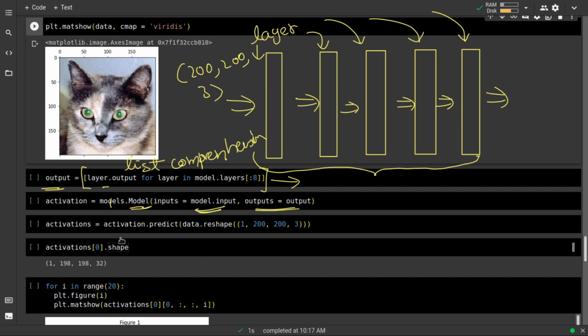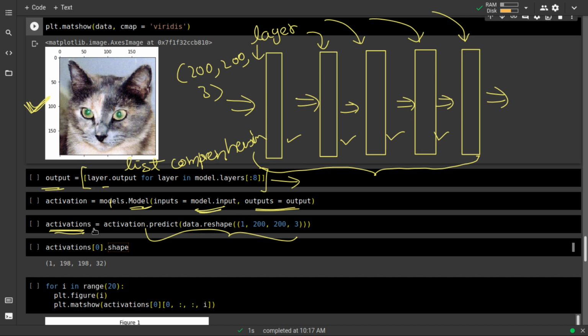And then what we are going to do is find out the activations by predicting the output of this image. All right, so we are gonna put this image in the predict method of activation. So activation is what? The activation is a model object, and it is gonna predict the activations generated on each layer. All right, and we are gonna store it in activations.